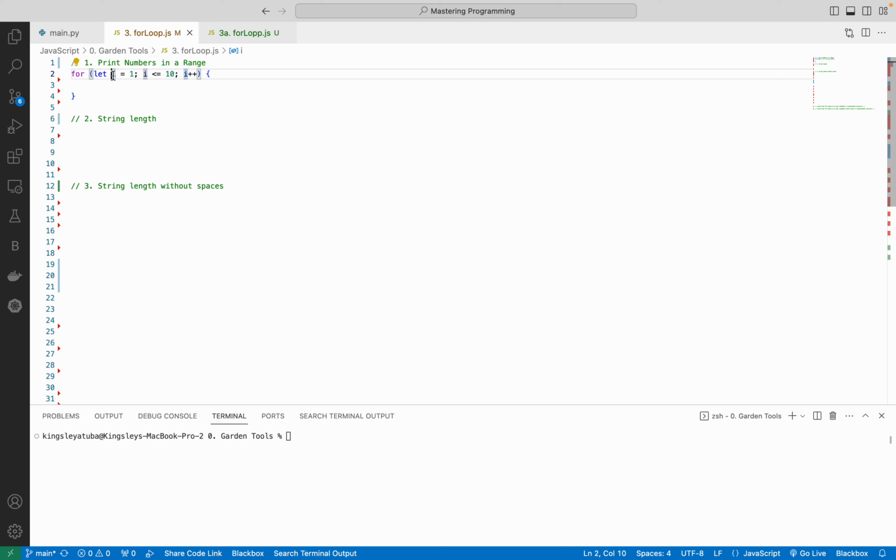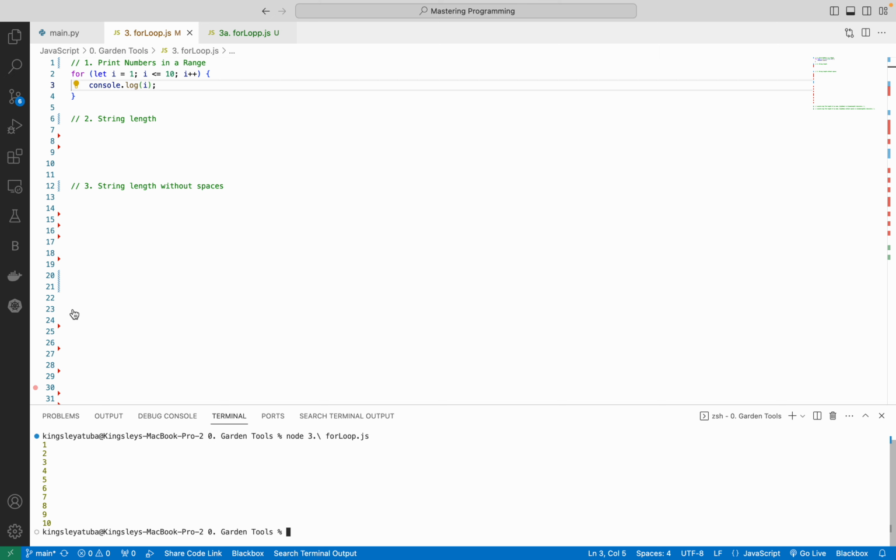So the question now lies, when will I stop increasing? This is what determines it. As soon as it gets to 10, it stops. Now, how do we know I is increasing? We have to console log it, right? So each time I increase, we want to execute this code. Console log I. If we run it,